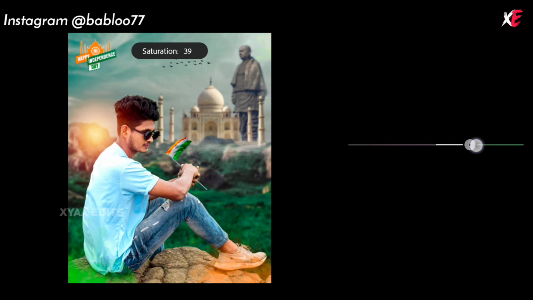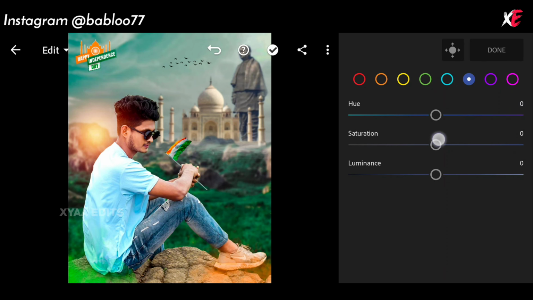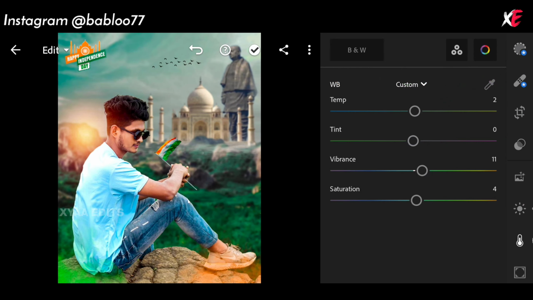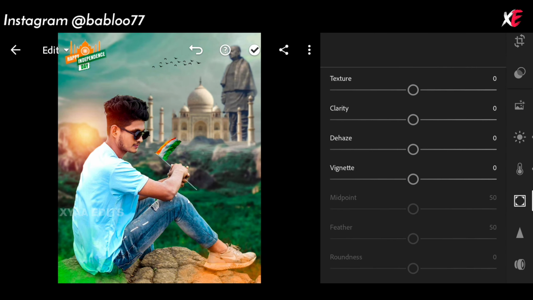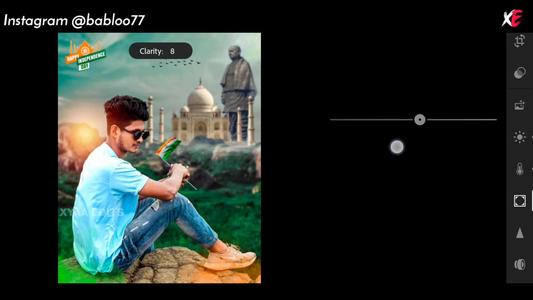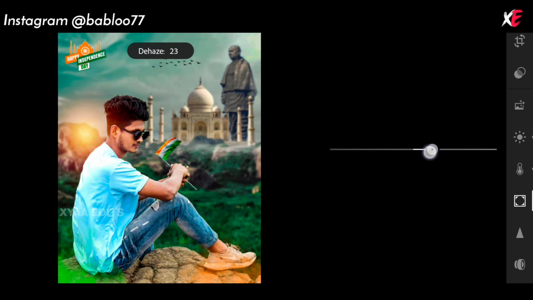Go to green, increase the saturation. Go to aqua, increase the saturation. Go to blue, increase the saturation. Tap on done. Next, go to increase the clarity little bit and dehaze little bit